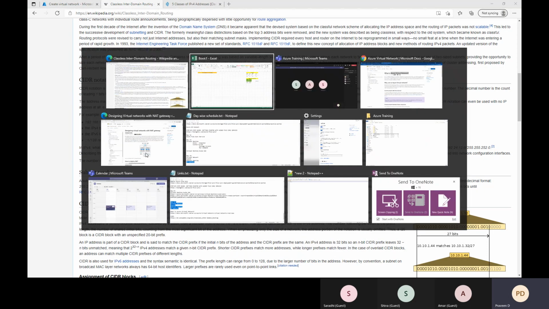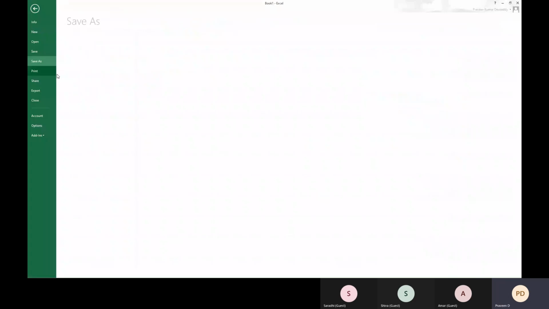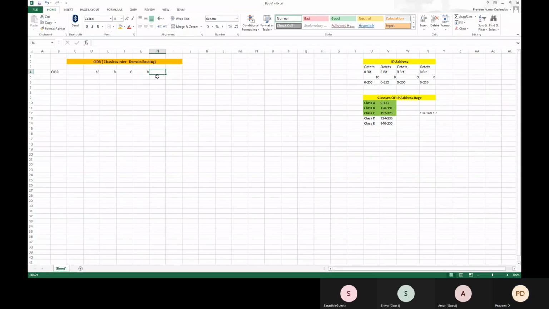For example, we can take 10.0.0.0/16. Now this is the format we need to provide while giving the address space in Azure.